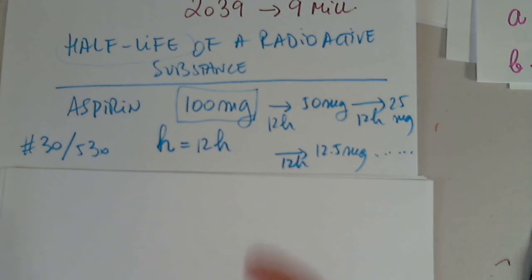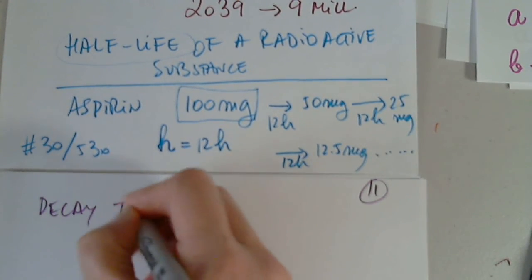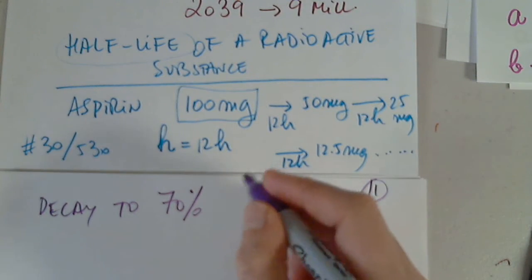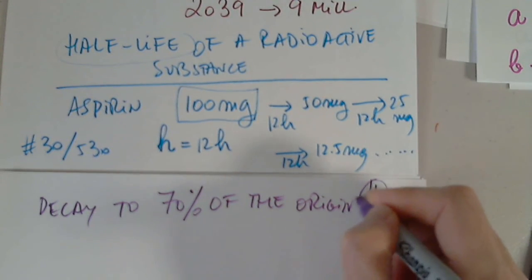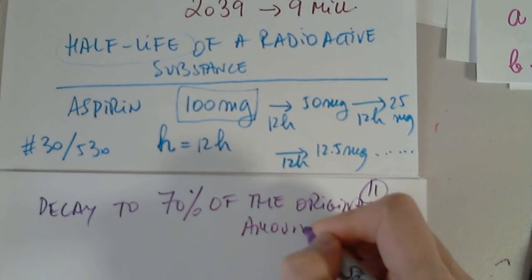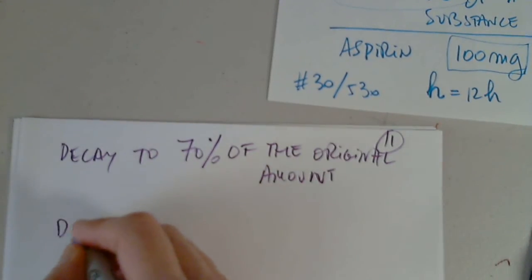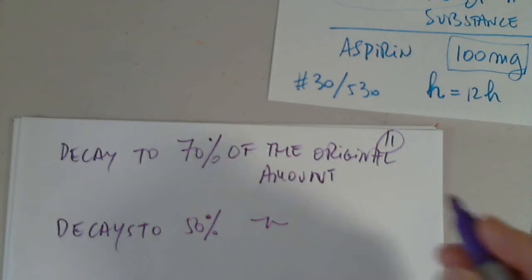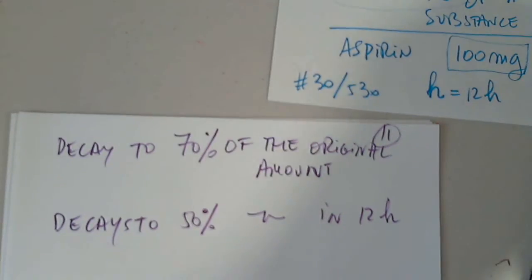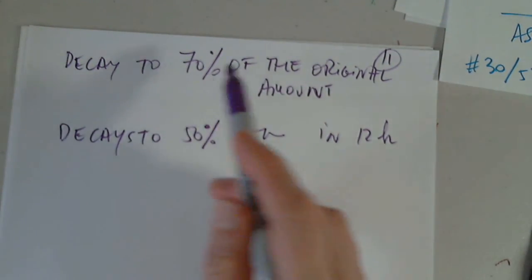The half-life of aspirin in the bloodstream is 12 hours. How long will it take for the aspirin to decay to 70% of the original amount? Okay. I know that it decays to 50% of the original amount in 12 hours. What I want to determine is how long it takes to decay to 70%